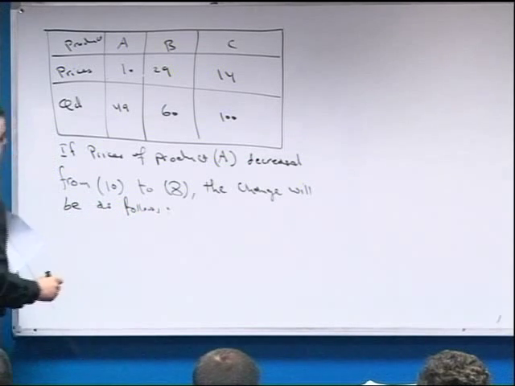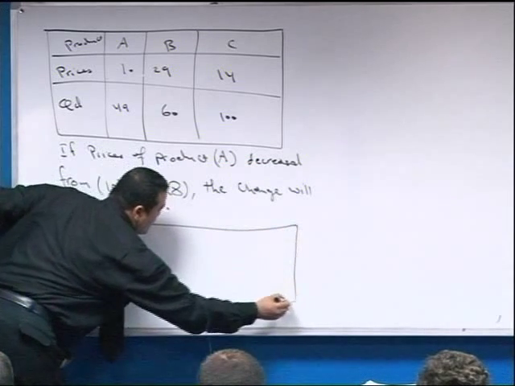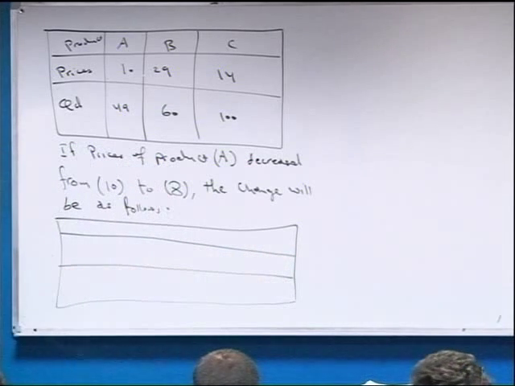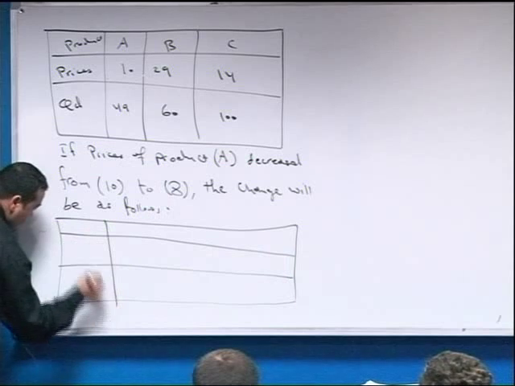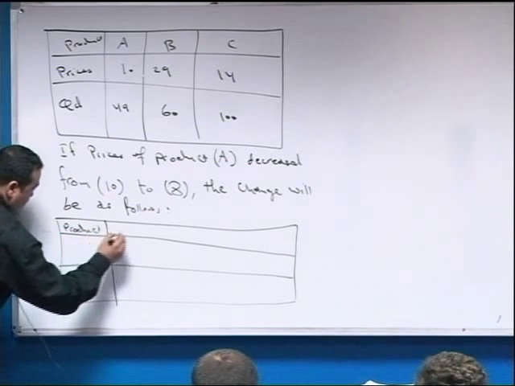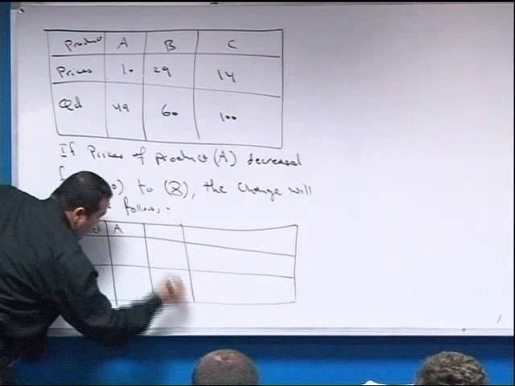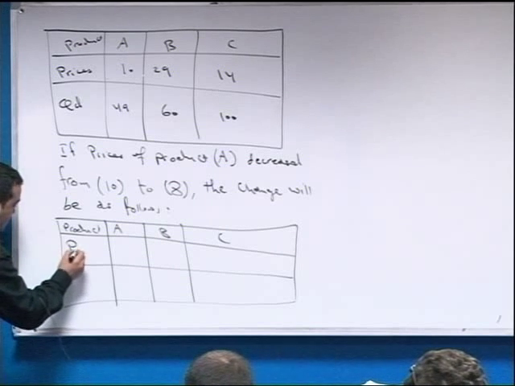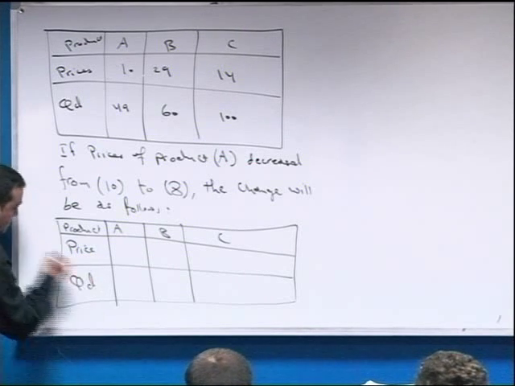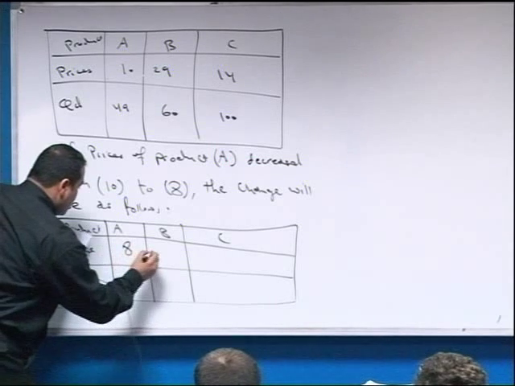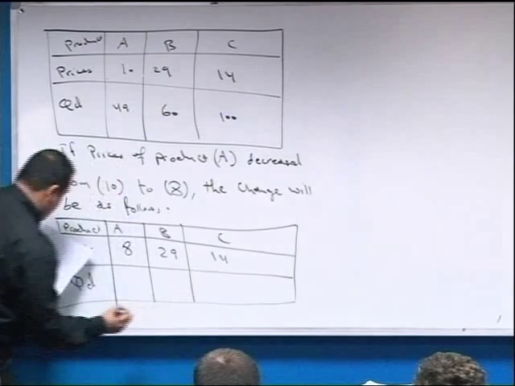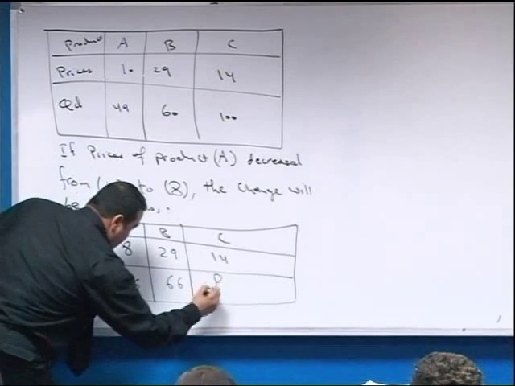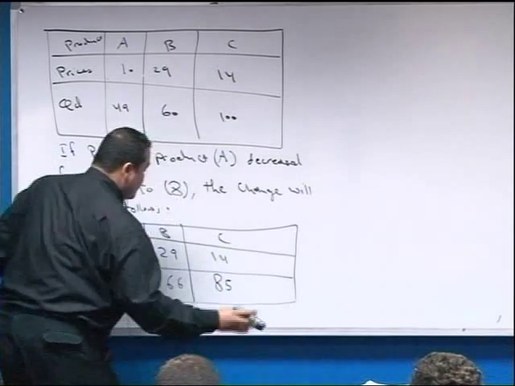The products A, B, C; price; QD. The prices are 8, 29, 14, and the quantities demanded are 65, 66, 85. The question is,